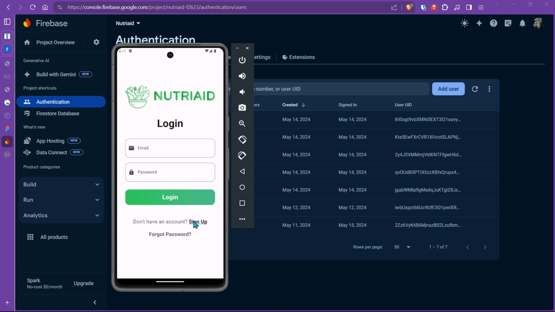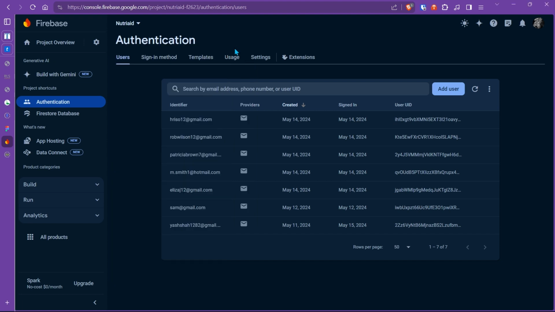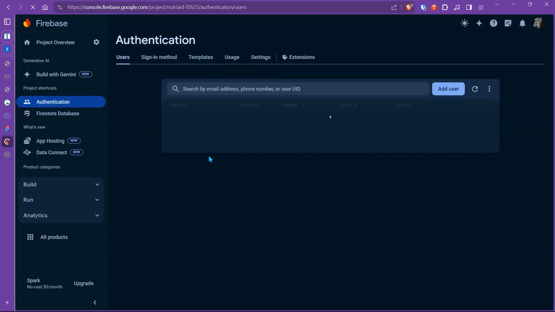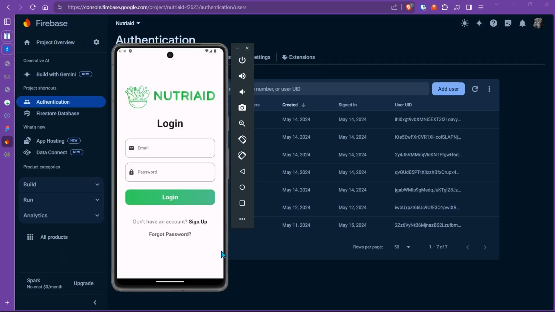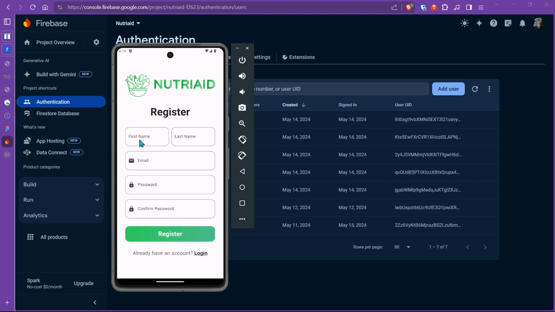So, my application is called Nutriaid, and right now we are on the login screen. But if I just go to my database, you can see these are all the registered users currently. So, we are just going to sign up for an account, and then